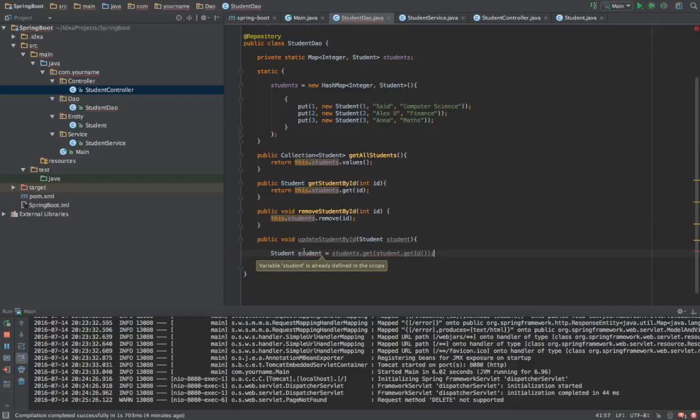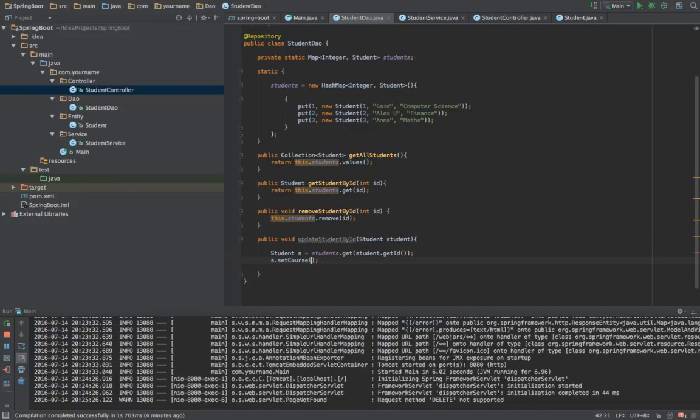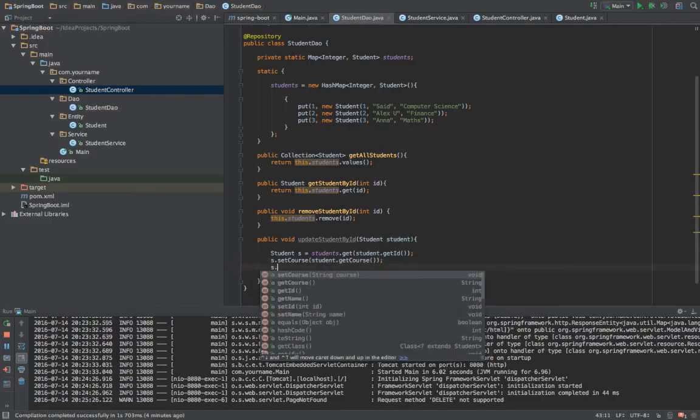So student already is defined. Okay, let's call it s for now. Now what I'm going to do is s dot set course, and then I'm going to say student dot get course, and then s dot